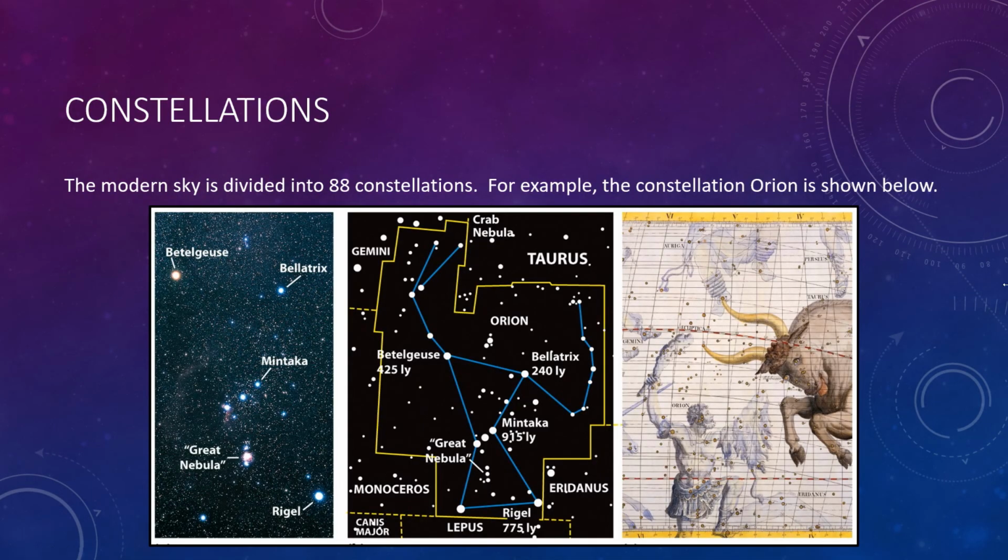Because the planets and moons of the solar system all orbit the sun in roughly the same plane, the planets, sun, and moon all appear to move along a band around the sky known as the zodiac. Because Earth's moon cycles through its phases about 12 times every year, the Babylonians divided the zodiac into 12 constellations. The dozen constellations of the zodiac are Aries, Taurus, Gemini, Cancer, Leo, Virgo, Libra, Scorpio, Sagittarius, Capricorn, Aquarius, and Pisces. These names may be familiar to you as the astrological signs of the zodiac.